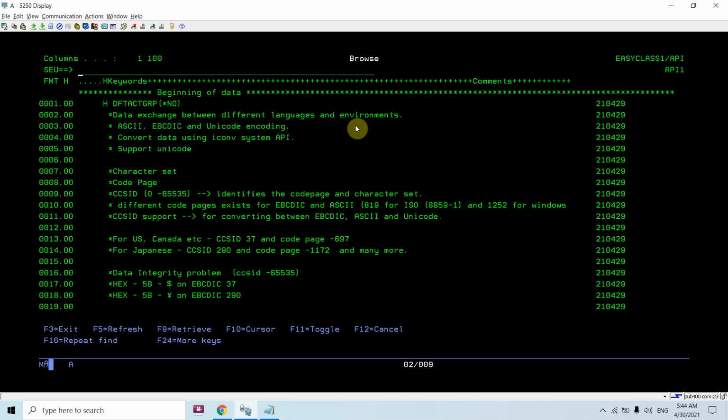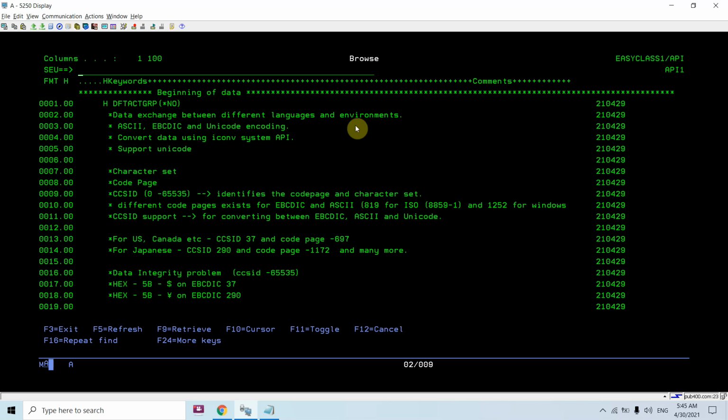So whenever we insert data, it would get stored into the Unicode field. Whenever it goes into the Unicode field, IBM ensures that it would have a unique hex value for each character, which remains constant at the international level.